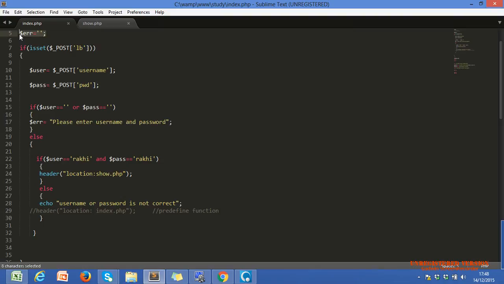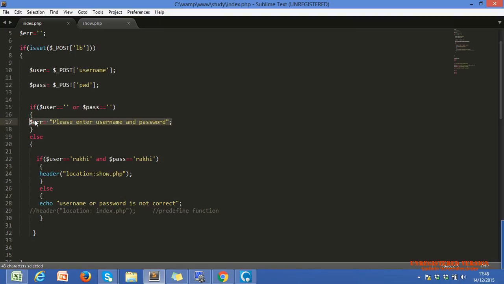Okay, let's revise again. It is for showing our error message. We initialize it with blank, and whenever our username or password is blank, we assign a string to our variable.